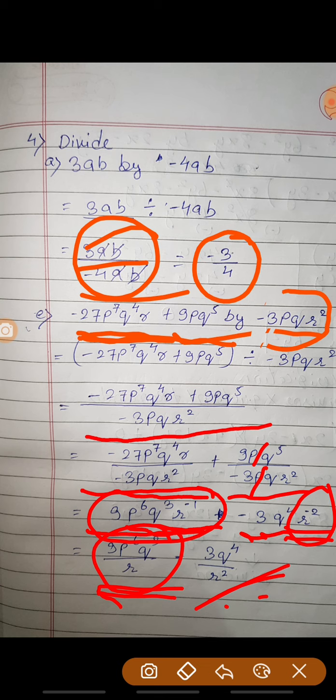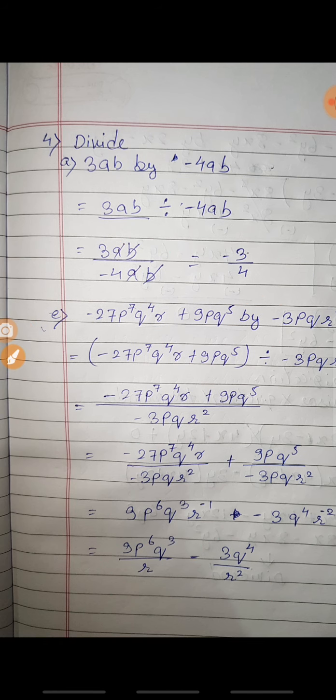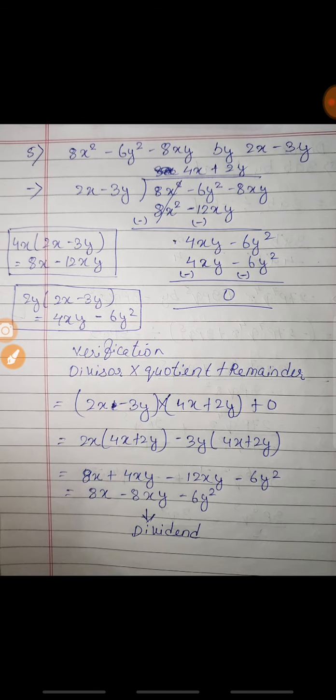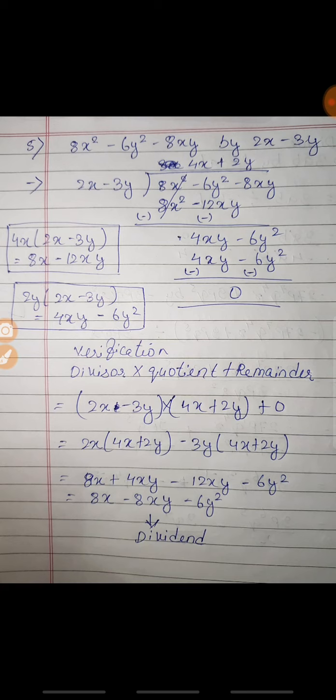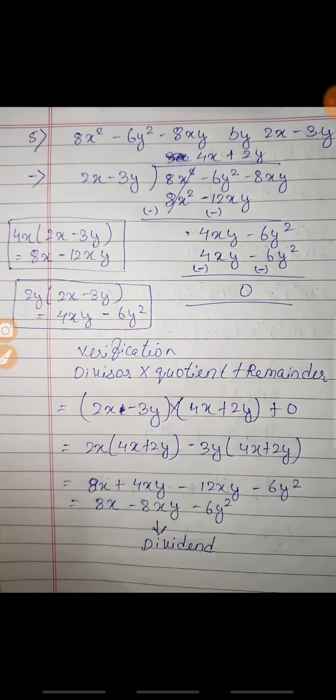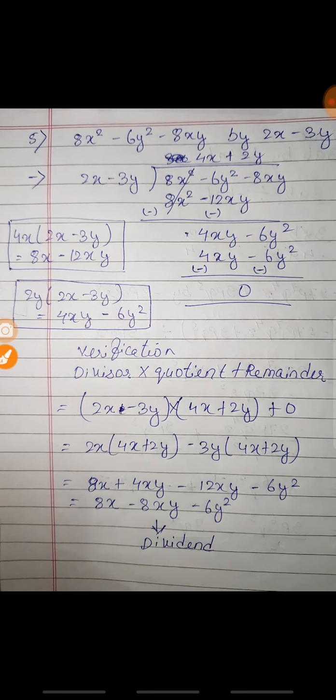So whenever you get a question of division, you need to solve it like this. If 3 terms are there, then you have to divide all the 3 terms individually, as I have divided over here. So coming to the next question, and the next question is the verification of that, divide and verify. So here what we will do, we will first divide it, and after that we will verify this. So let's start with this. So how to divide and how to verify this question.